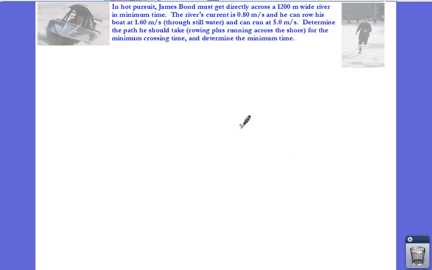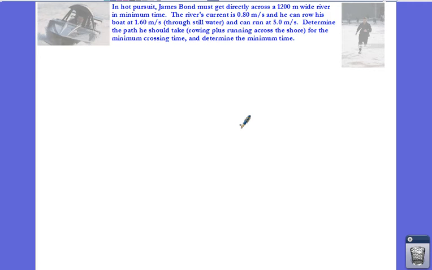Okay, so our infamous James Bond problem. I'm sure that we've seen this problem in quite a bit of detail in the last few days, and I want you to go ahead and have a worked out solution in the event that you'd like to look at it in more detail. So James Bond must get across this 1200 meter river in minimum time,